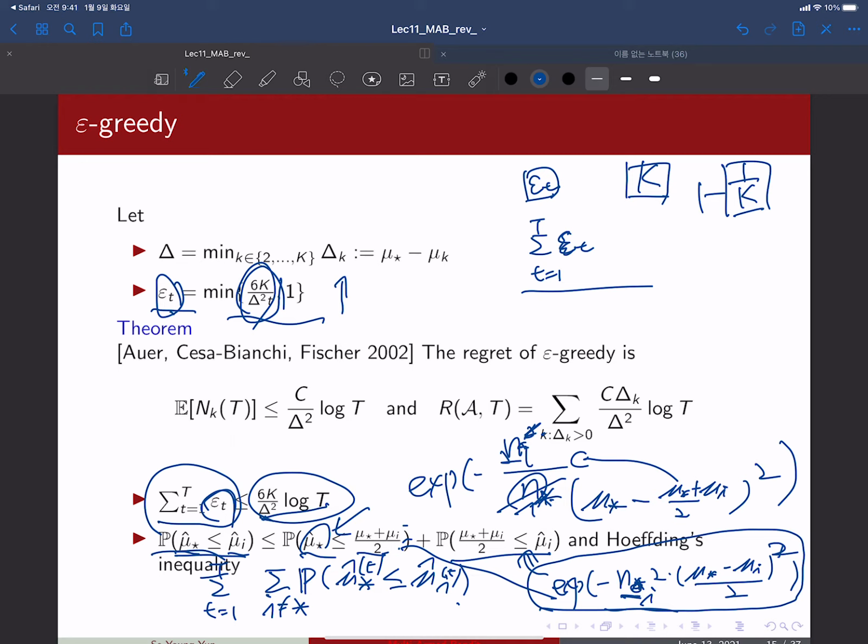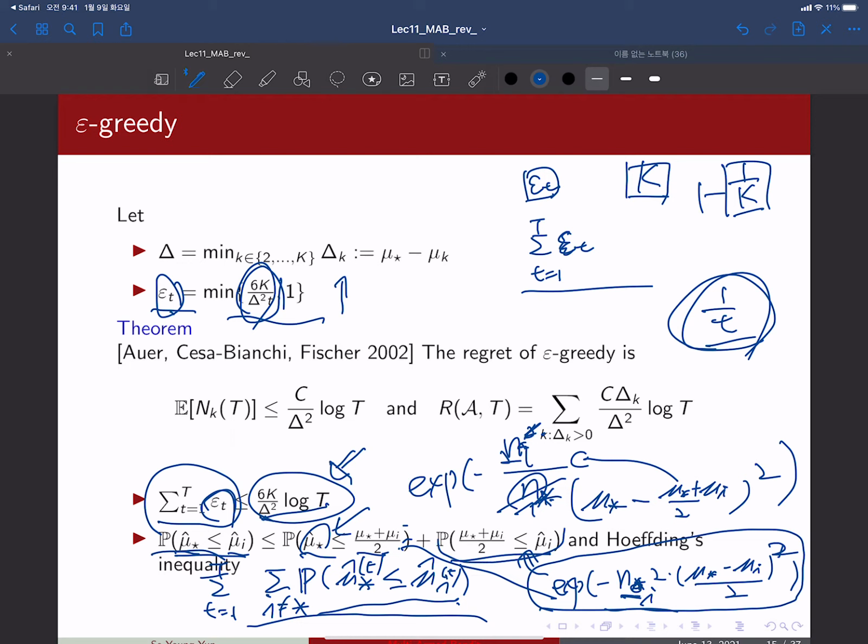But for the regret analysis, we also need to sum up this probability from t equals 1 to capital T. So when this probability is bigger than 1 over t all the time, then the sum of this probability can grow very rapidly. But here, we already have the sum of epsilon t proportional to log t. Indeed, 1 over t is enough. Okay? When we have a 1 over t concentration inequality, roughly we can have log t additional regret due to this concentration inequality.